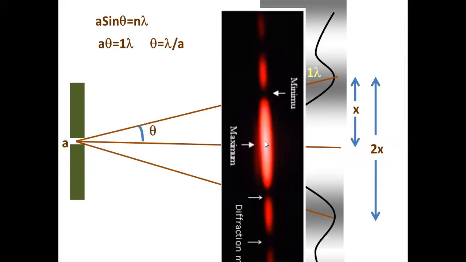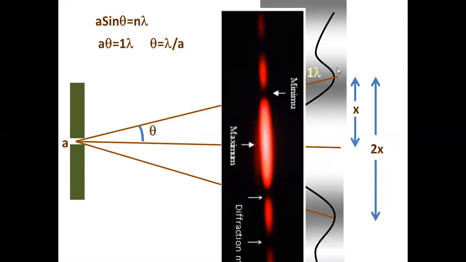For example, if you are half closing your eyes and through the eyelash you are observing the bulb, you can see a middle bulb, the brightest bulb, and less bright bulbs on either side. How much angle does the first image of the bulb form in your eyes? For example, if you are looking at the sun during sunset, if you take two rays of light from the extreme diametrically opposite points of the sun, the brightest red colored sun, how much angle do they create on your eyes? That is called angular width. But this is half of the angular width. So theta is lambda by a. Suppose you are asked to find the full angular width, 2 theta is equal to 2 lambda by a. That's what you can do.